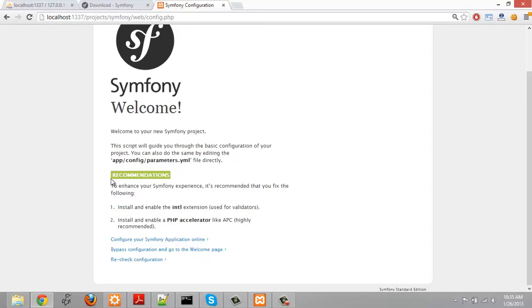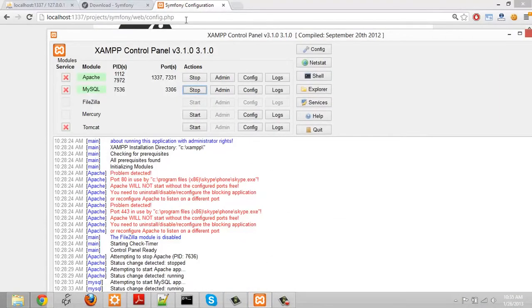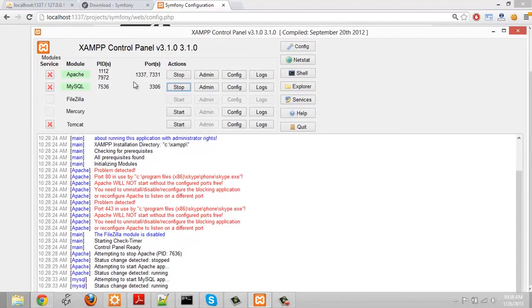There's a few recommendations here. You can install Symfony without doing the recommendations, but in my case I'm going to do the first one, which is install and enable the INTL extension which they use for validators. And the way we can enable this is if you're using XAMPP or whatever you're using, you want to go to your